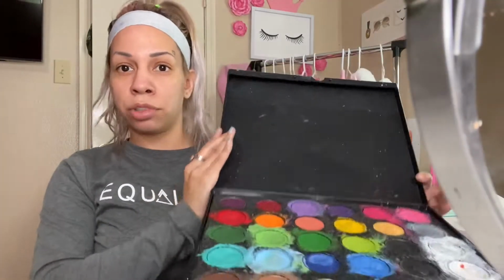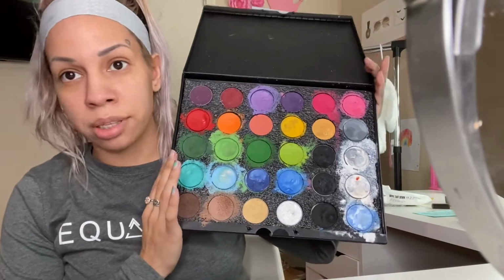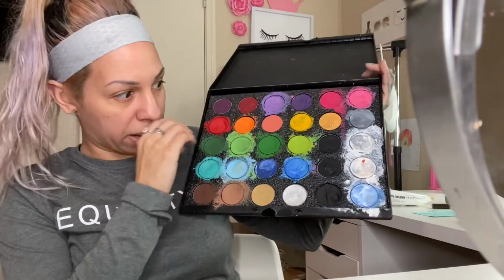It's actually this Mayron makeup palette. It's a giant palette, you guys, and it's a little bit dirty, but it's okay because of course I use it a lot. But yeah, we're gonna be using